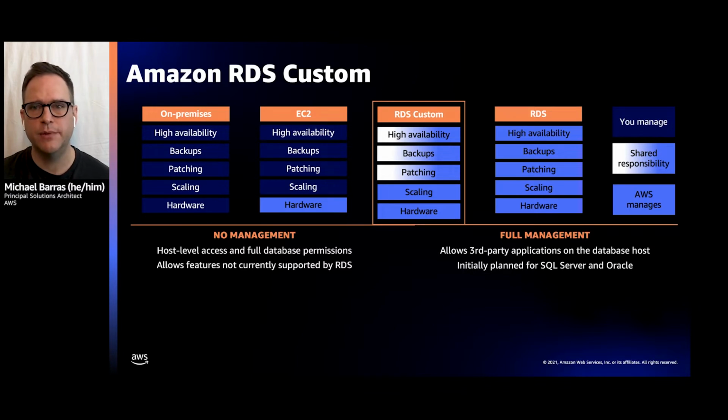With Custom, the AWS resources used by your instance are deployed into your account, and RDS manages the instance using AWS Systems Manager. You can SSH to the host, attach additional storage, connect to your database SysDBA, and even modify some parts of the configuration. What makes this possible is the support perimeter. RDS automation monitors your instance and checks for any changes that prevent us from managing it. For example, if you change the sys password or block our agent from running on your host, you'll receive notification that RDS has detected that you are outside the support perimeter and some automation has been suspended on your instance.